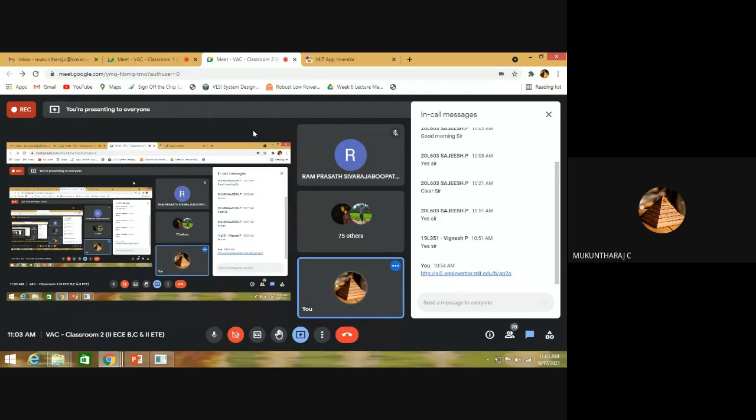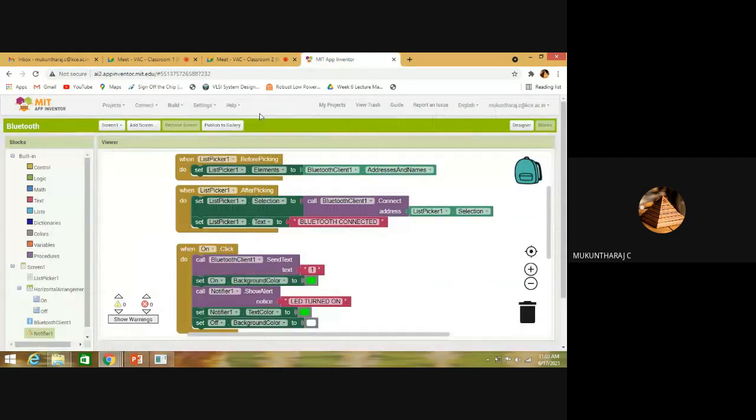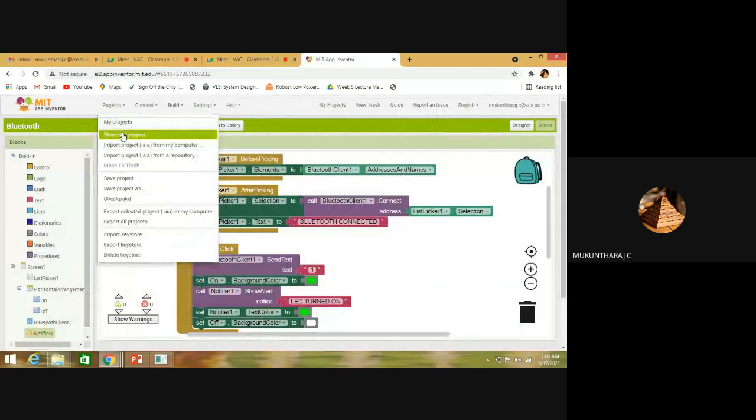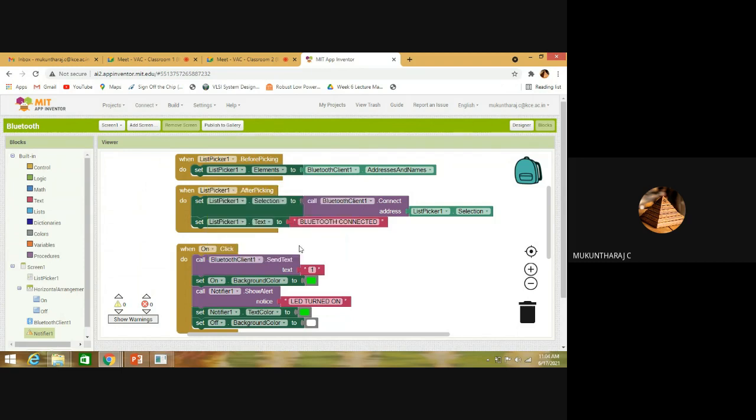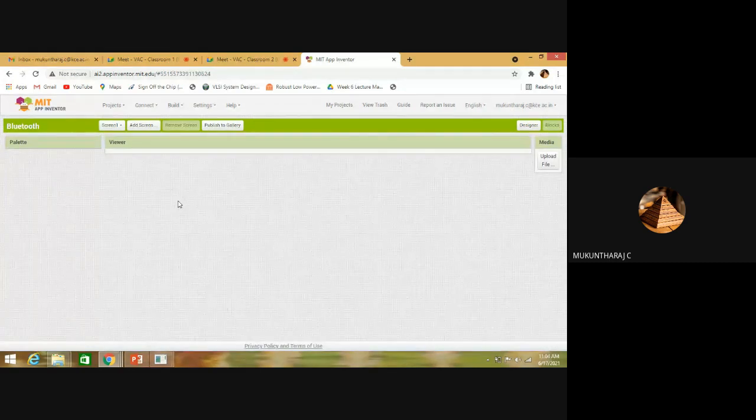So now I'm going to create a new project. New project. It is voice and Bluetooth, right? Voice and Bluetooth. Now you people tell me what are all the components we need to place and what are all the rule sets we need to use.